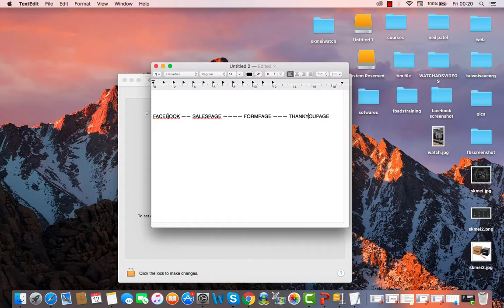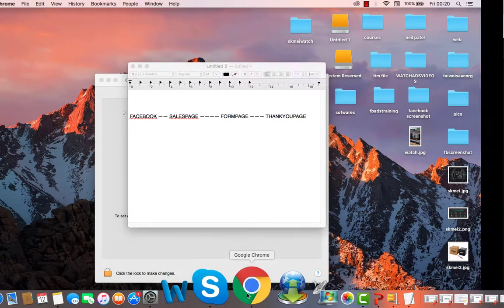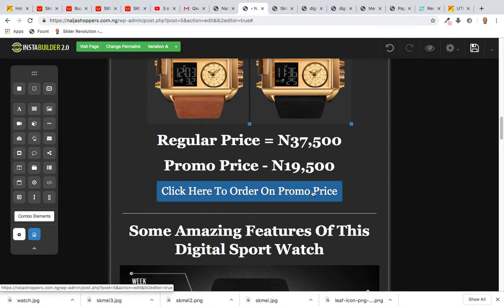So when they see our advert on Facebook, they go to our sales page, they see all the images that we created on the sales page and the price and everything. If they're interested, they click on that button, click here to order on promo price. That's going to take them to the form page, and when they fill the form and click on submit, it's going to take them to this thank you page. Understand? And on this thank you page, you're going to install our Facebook pixel. So now what is left is we also create our form, then we'll link our form